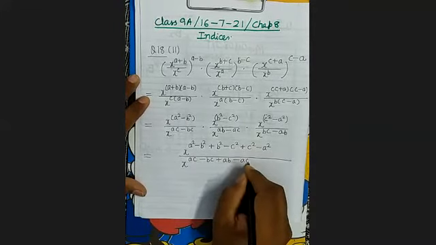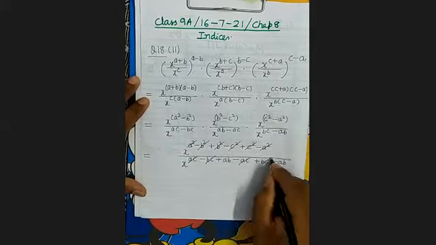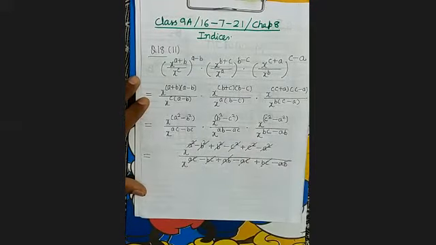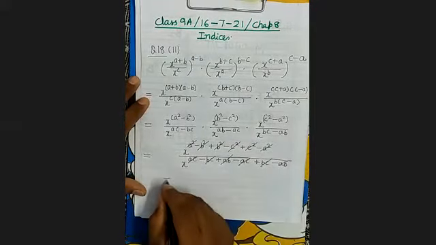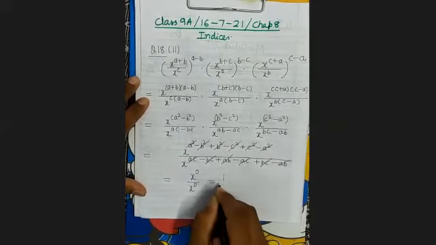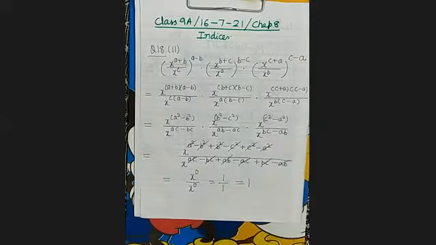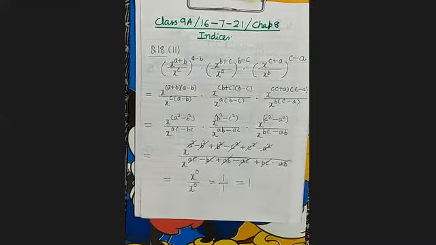So when you simplify, minus b square plus this cancels. Similarly ac minus ac, minus bc plus bc, ab minus ab, all the powers will be cancelled. So what will you get in the numerator? x to the power 0 upon x to the power 0, means 1 upon 1, that is 1. So this way. It's clear? Yes, sir.